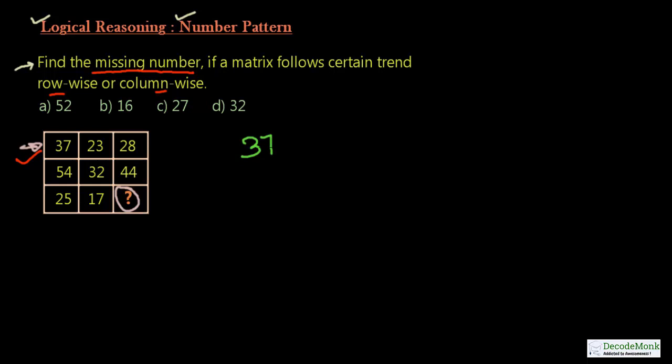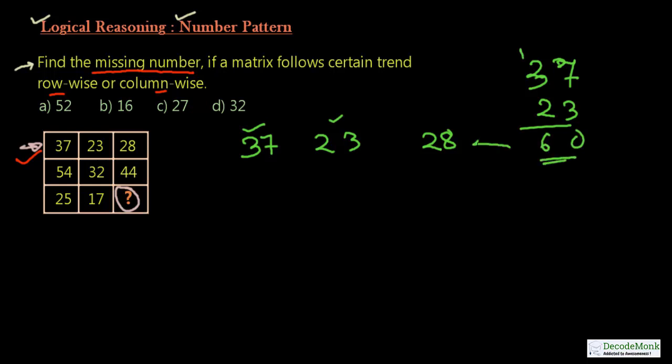It's 37, 23 and 28. Suppose if we add 37 and 23, the first two cells, it comes out to be 60. So 60 and 28, we can't see any type of relation, so we have done this addition and we are unable to find any relation. So let us now carry out subtraction. So a little bit of trial and error has to be done over here for reaching out to the solution.